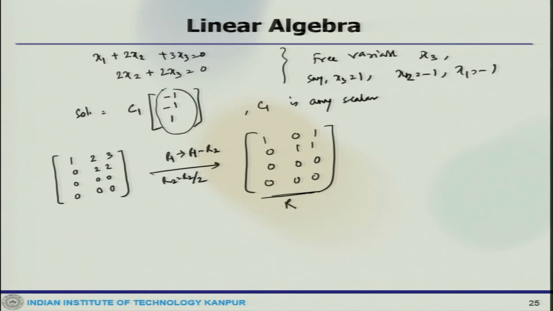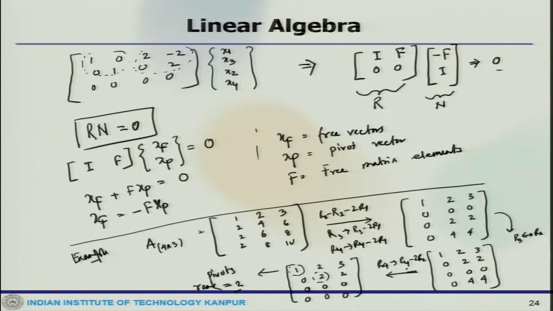Here the vector, this is the basis vector, which is minus 1 minus 1 1, which is giving us the 0 solution, or the vector which belongs to the null space. The null space is any linear combination of that, minus 1 minus 1 1, and this one is the basis vector. You can see one vector is forming this null space, so this is essentially a one dimensional subspace. So this example is this.